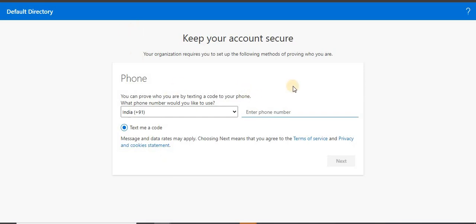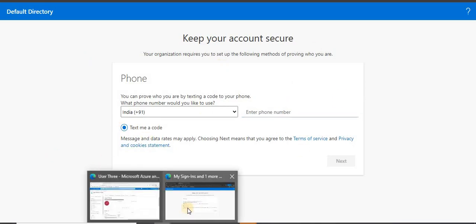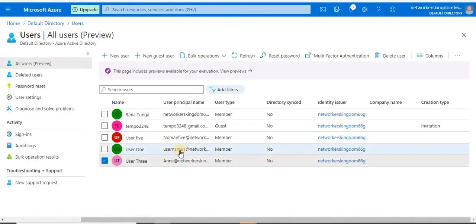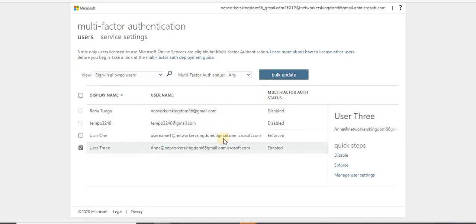What I will show you now is a user for whom I have already enabled multi-factor authentication, as I showed you here, enforced.